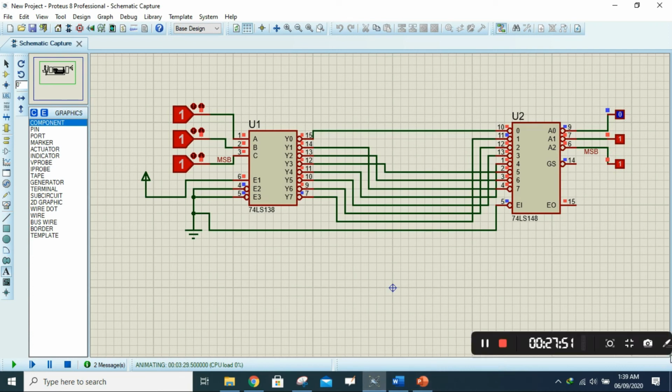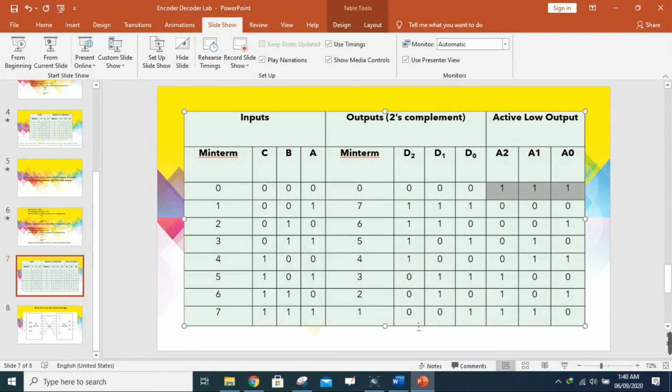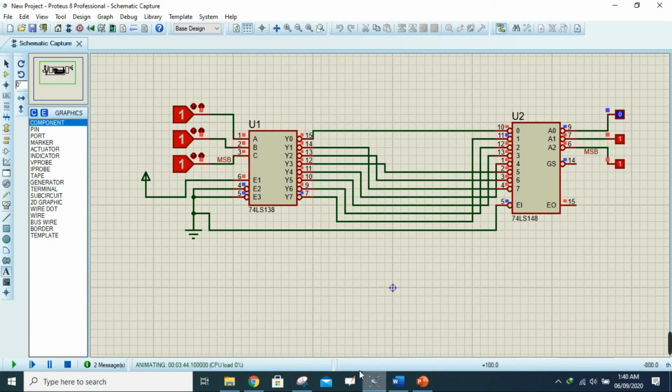Okay, so you can also check another thing, that originally if my input is 1 1 and 1, then the 2's complement version for that one is actually 001. All right, 001, which indicates 1. So if my original input is 111, which indicates 7, let me show you in the circuit that for 111 only the Y7 in my output is actually blue right here. All right, so this is indicating that all other outputs are not working right now, only Y7 is working,